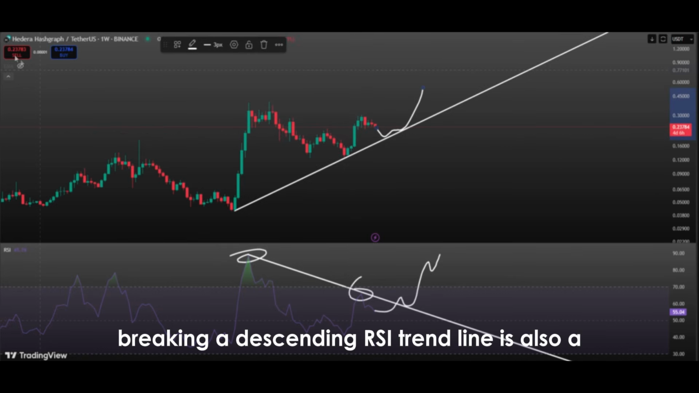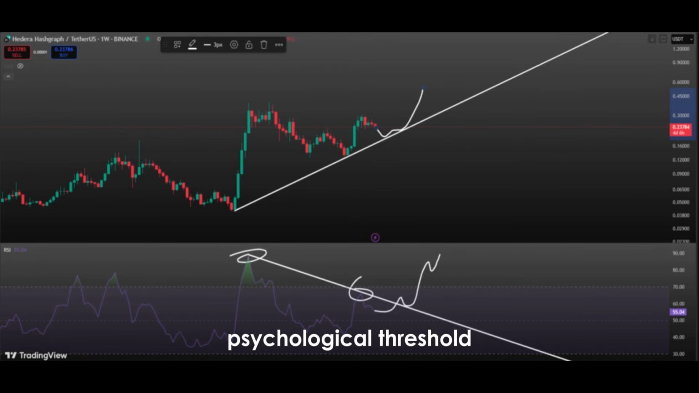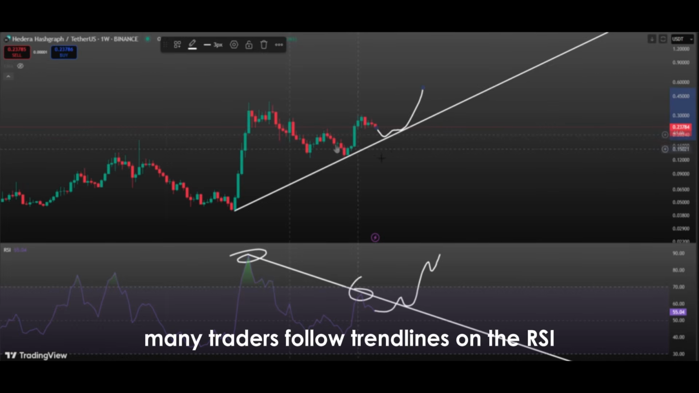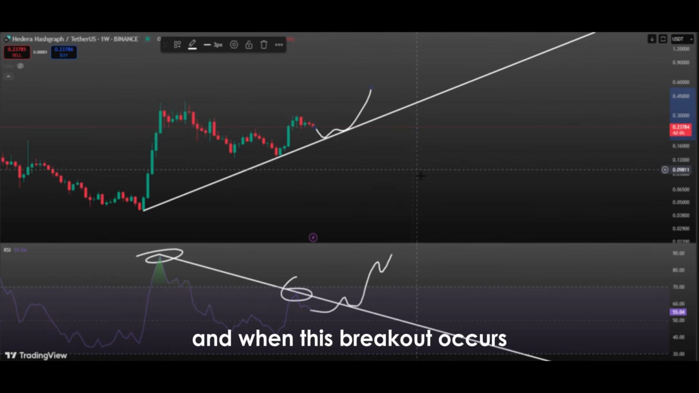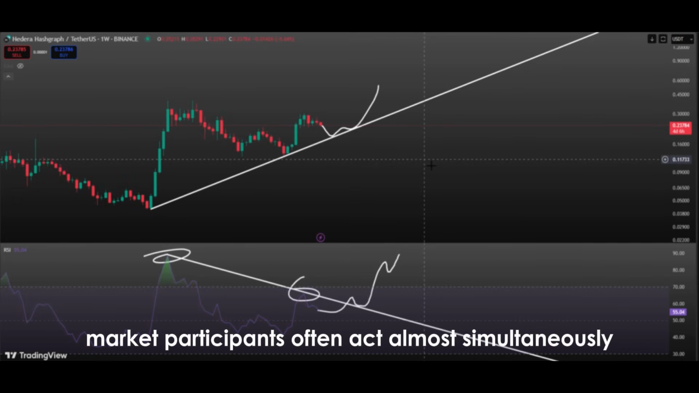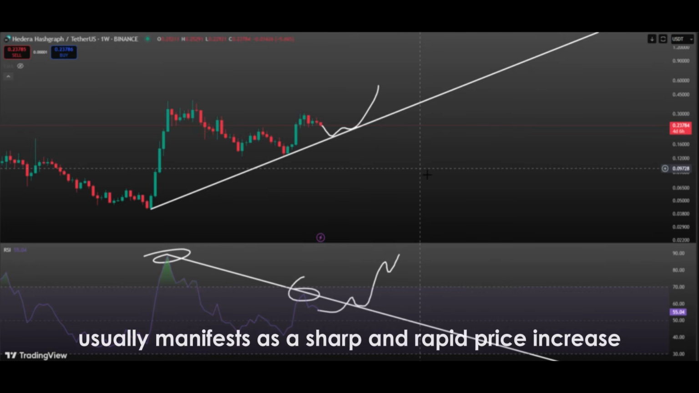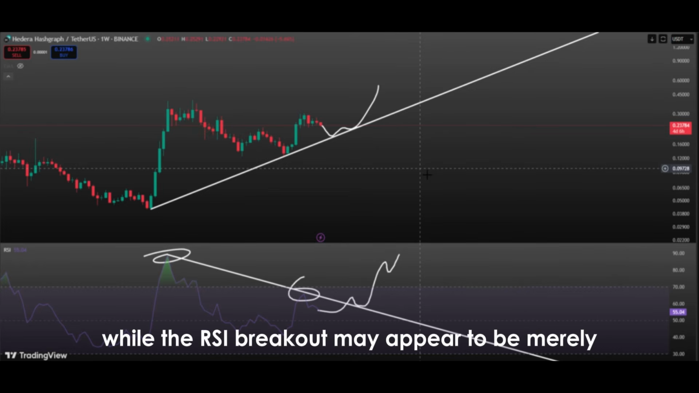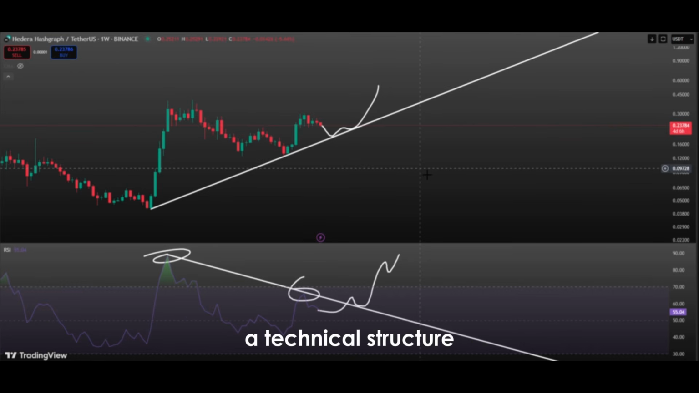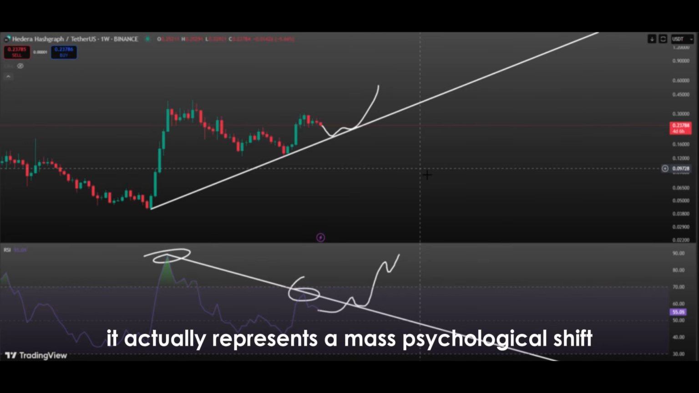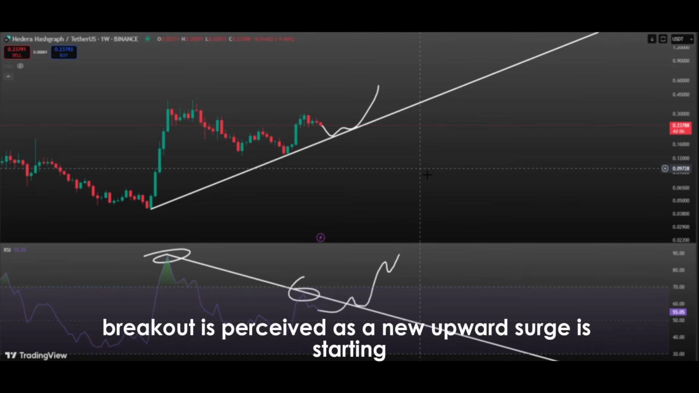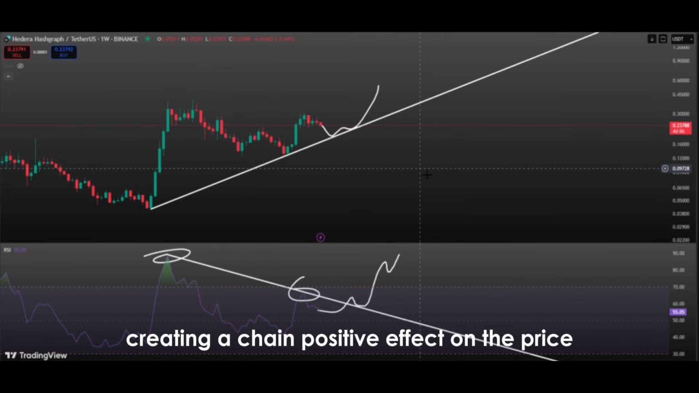Breaking a descending RSI trend line is also a psychological threshold. Many traders follow trend lines on the RSI, and when this breakout occurs, market participants often act almost simultaneously. The result of this collective movement usually manifests as a sharp and rapid price increase. While the RSI breakout may appear to be merely a technical structure, it actually represents a mass psychological shift. For many traders, this breakout is perceived as a new upward surge starting, creating a chain positive effect on